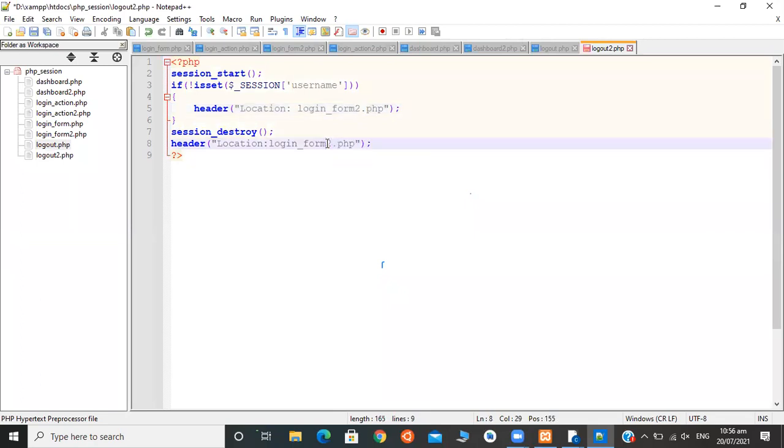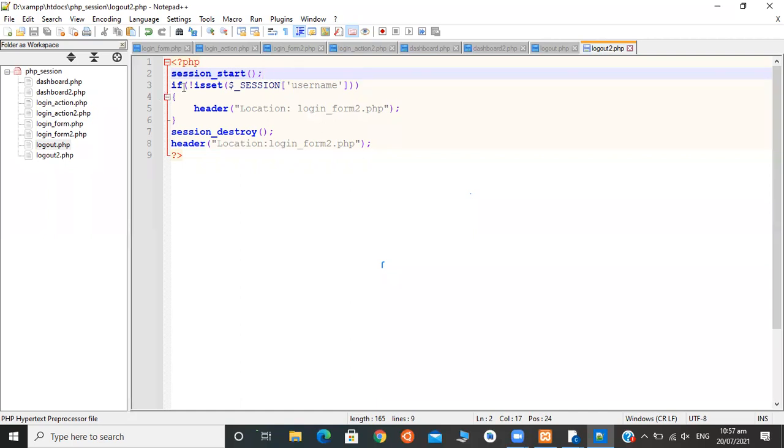Here also login form 2.php. Save it. So what we have done here: we have opened the PHP tag. For using session variables, we need to start the session every time. So we are starting the session here. session_start is a function in PHP to start a session.